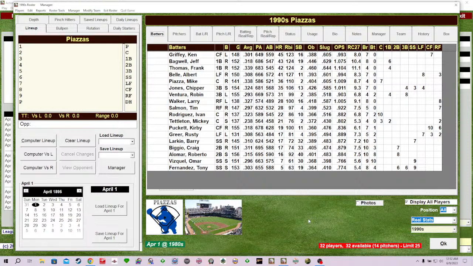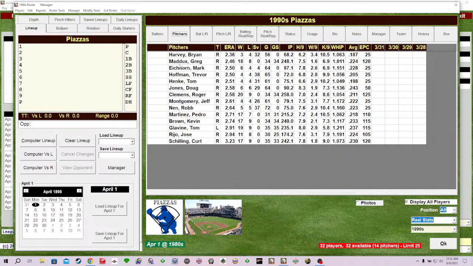Vizquel is probably, maybe some people are like, oh, what's Omar doing on there? But I don't know. Tony Fernandez. Pitchers. Geez, you got Greg Maddux, Roger Clemens, Pedro Martinez, Tom Glavine. This 1990s team is going to be very, very tough.